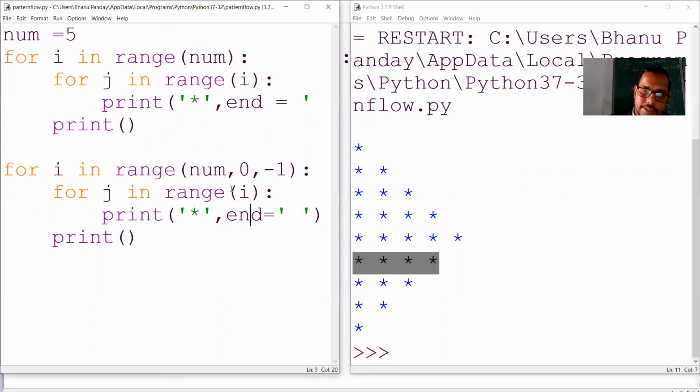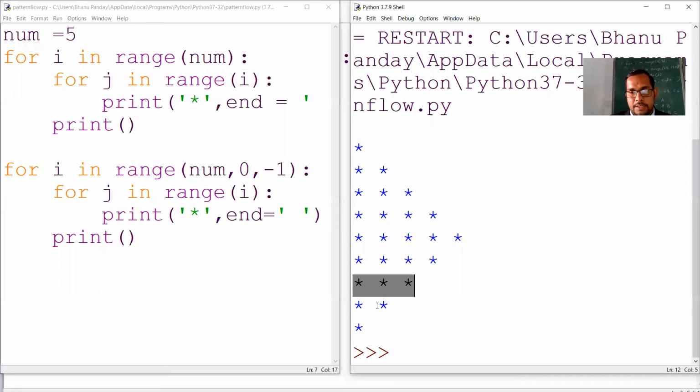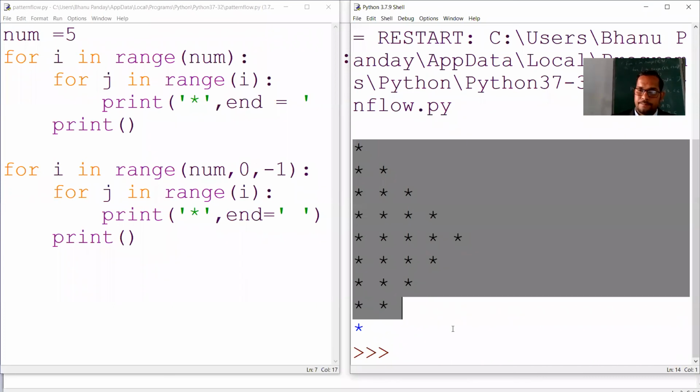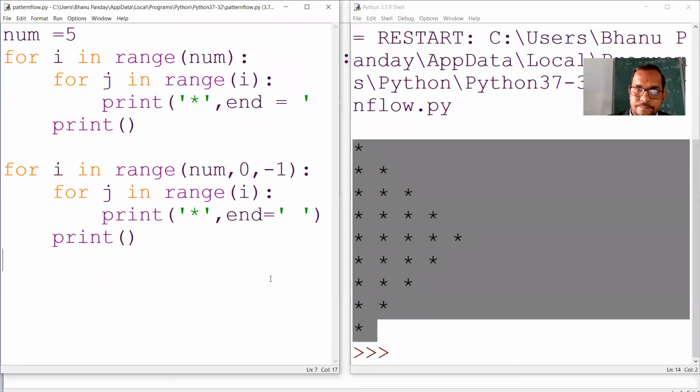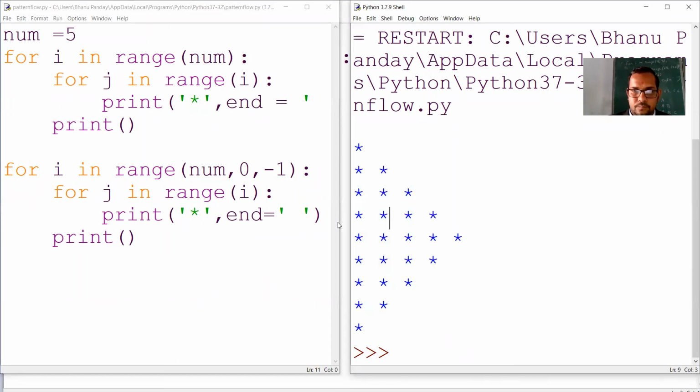Similarly, when the value of i is 3, then 3 stars, then 2 stars, then 1 star, like this. So in this manner it will display your output. Now it is okay. Any doubt, please ask. No, sir. Clear?